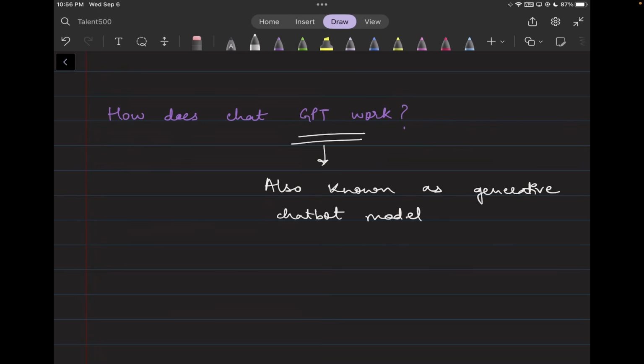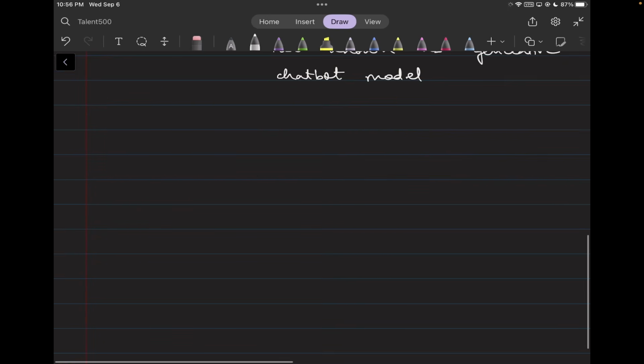And that one is generating text for you. And when it is generating text, what it is referring to is a type of artificial intelligence technology which is used to create natural language